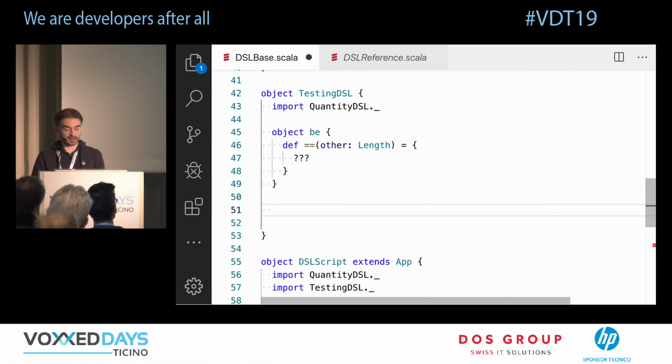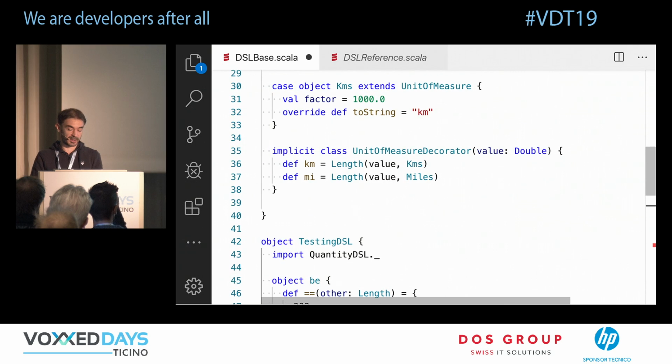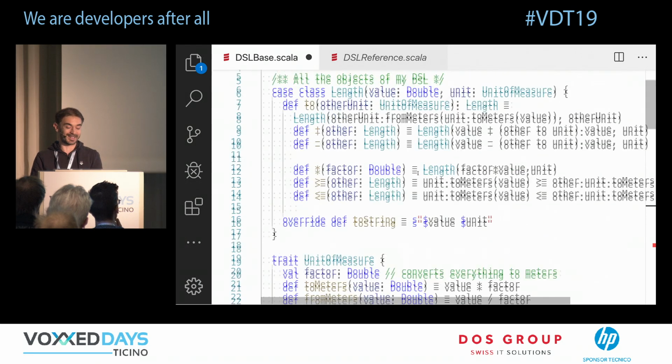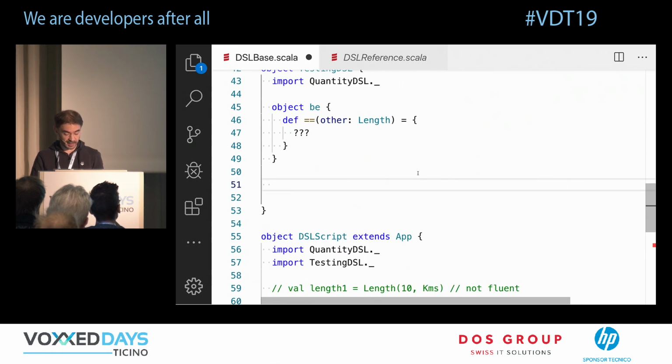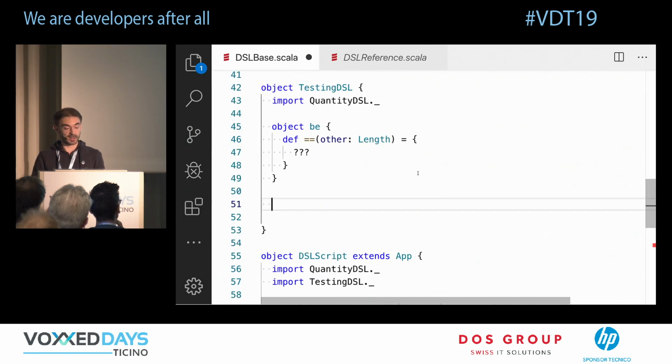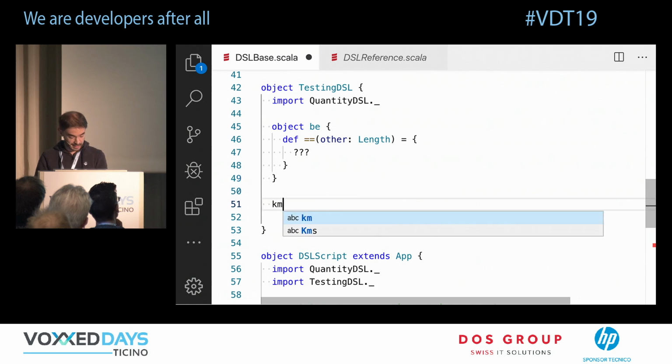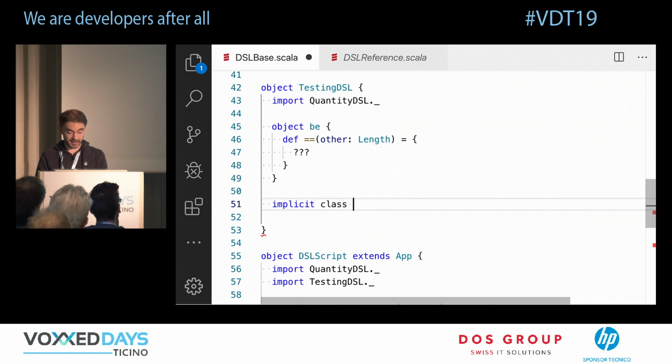How can I do it? Well, I could define it up here because I already have some kind of decorator. Well, no, I have length up here, so I can define should there. But actually, it's not the best practice. What I really want to do is just have should in the testing framework. So I will define it in the testing DSL, and I will use an implicit class to do that. Very good. So now I have a testing length